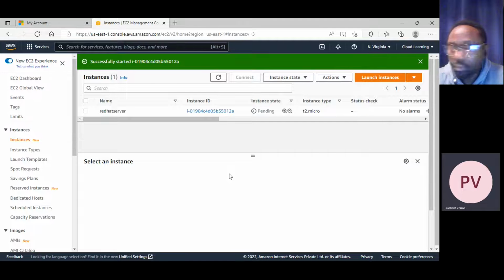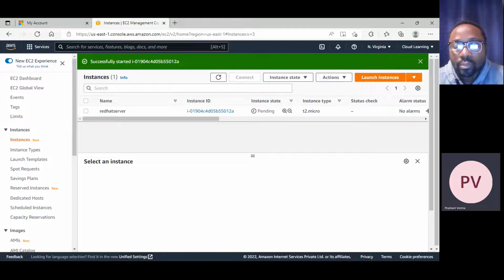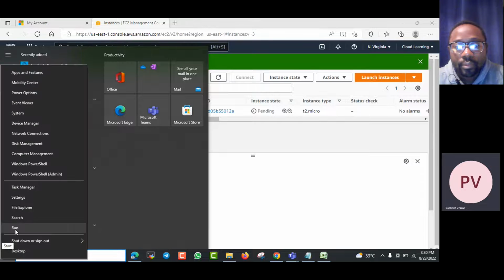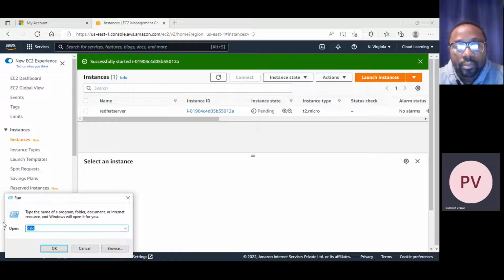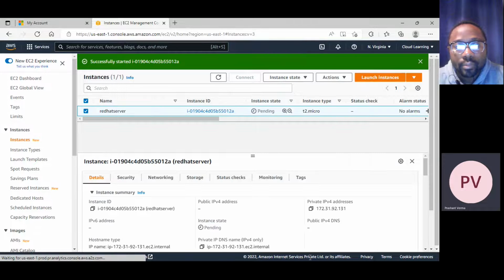Now, suppose you are running a website on it. If the IP address changes, your website name will point to one IP address, but the server IP got changed, so your website will stop working. To avoid this, what do we need? We need an elastic IP address, which is a permanent IP address.